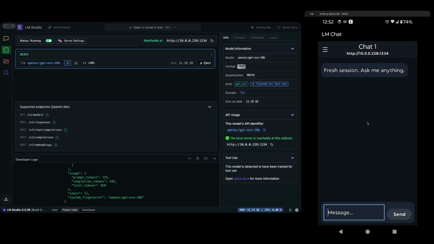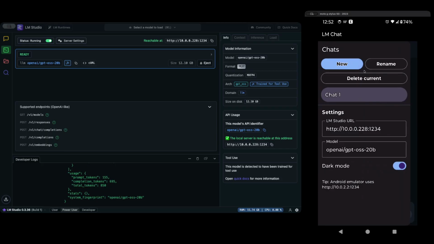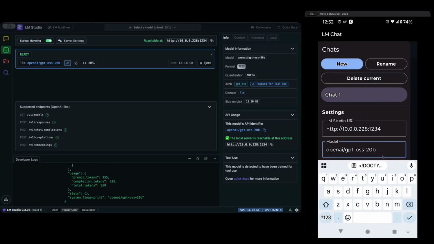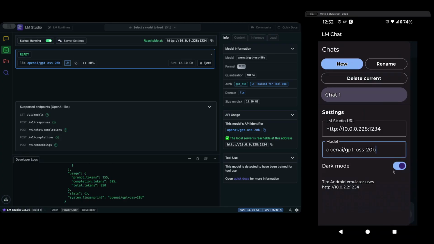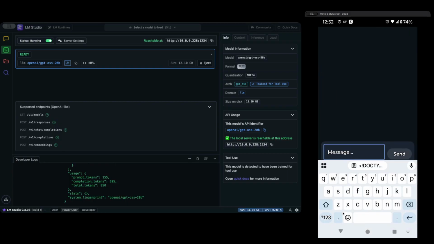Okay, here we're using a Motorola G Stylus 5G with LM Studio, and we have a basic Android chatbot application. It allows you to pick the URL and the model. Also, I added the dark mode and light mode. What I added here was the HDR